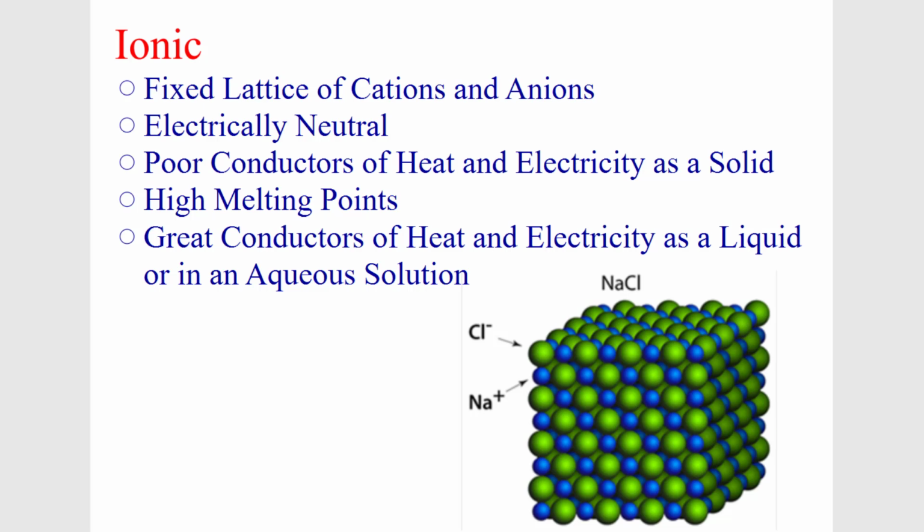And so you can either take that ionic solid and dissolve it in a liquid, which means make an aqueous solution, or we can melt it down to make it into a liquid. Now the positive and negative cations and anions, the ions, are free to move, and therefore it would conduct heat and electricity. These have high melting points because they are electrostatically attracted together in an ionic compound.